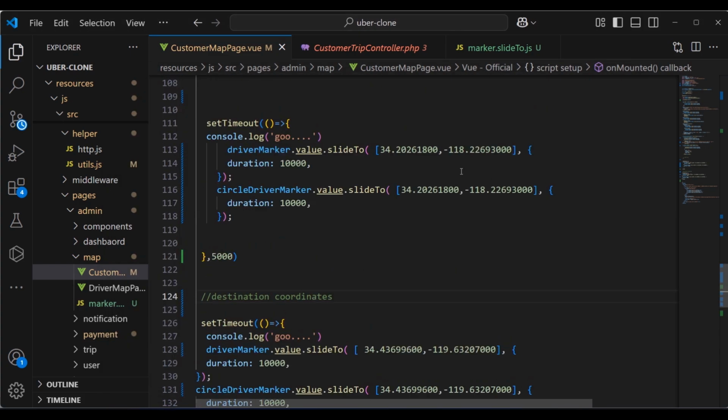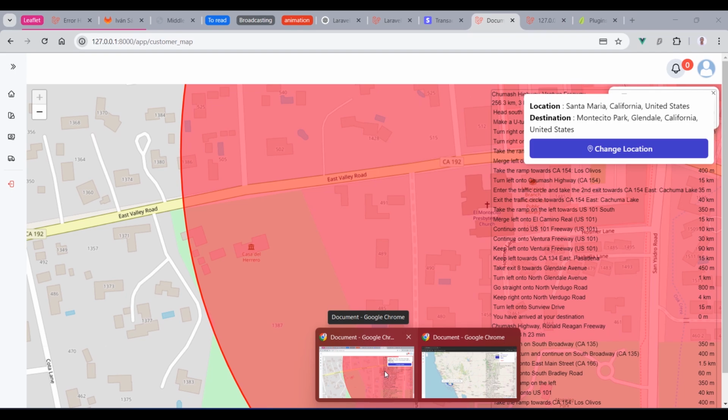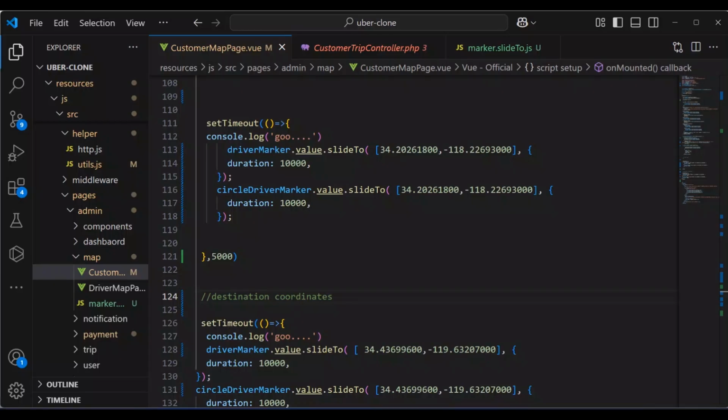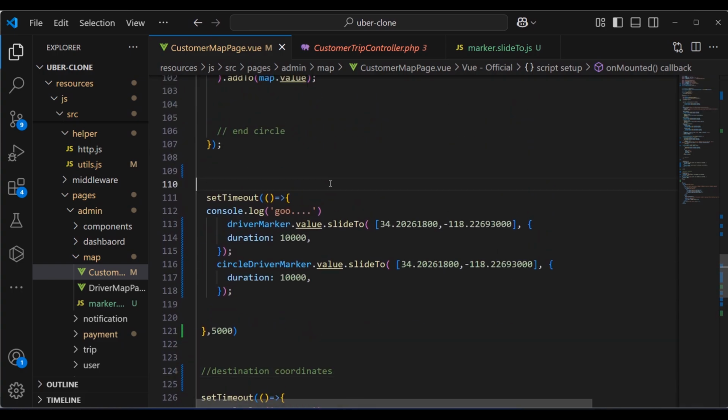First of all, the driver needs to move to the current location of the customer. And then once the driver is there, the driver is going to move to the destination of the customer. Yeah, first we are going to do this. First of all, we're going to pass here these